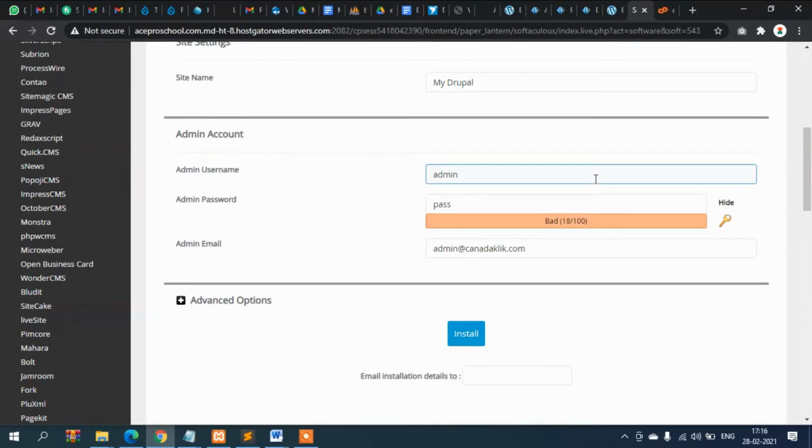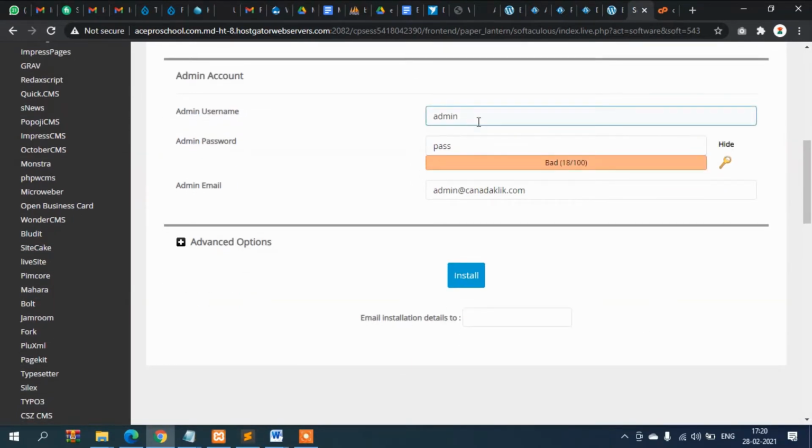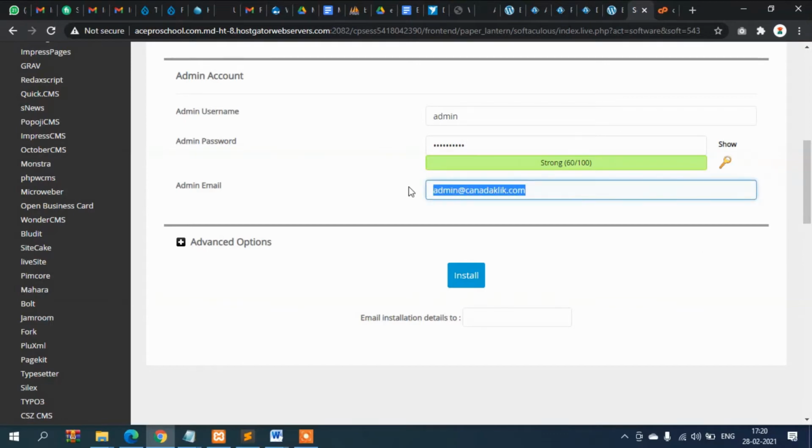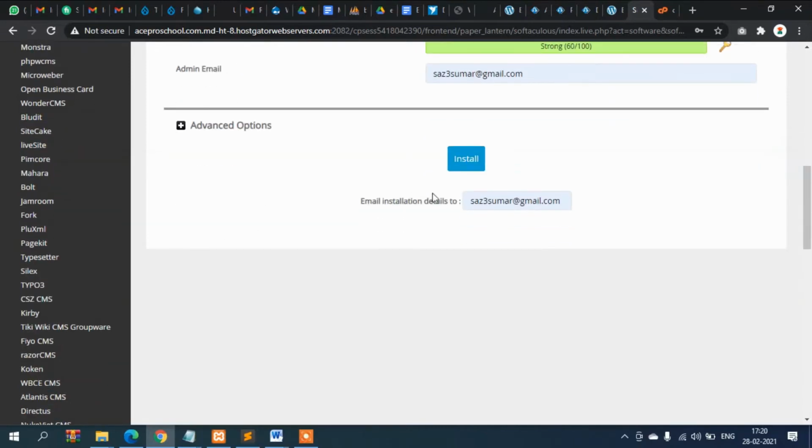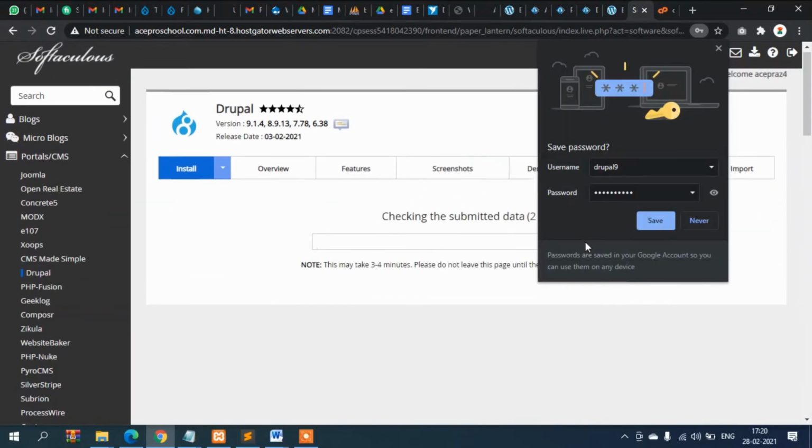Okay, now here you put your username and password. So in my case I'm putting it admin and password here. You can put any password, whatever you like. Okay, so in here you can put your Gmail ID. Remember, you should put here your correct email ID, so in case you forget password, then the password will be sent to your email ID. Now click on install,